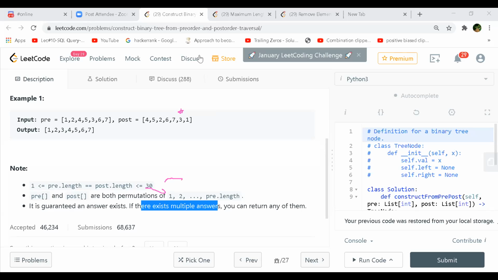Okay. So now if I try to build the left tree, I'll have to pass this part, right? 2, 4, 5. So I would look for this element 3 in my pre-order. And then I would pass the array from i plus 1, which is from 2, till the element to the left of 3. So this 2, 4, 5 would give the left subtree.